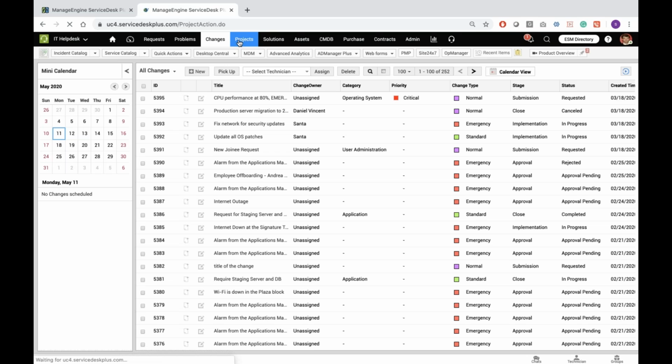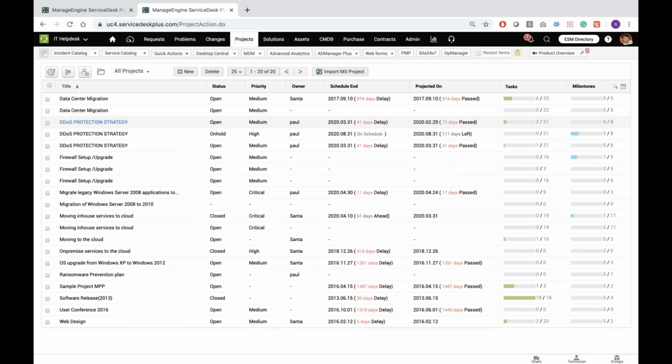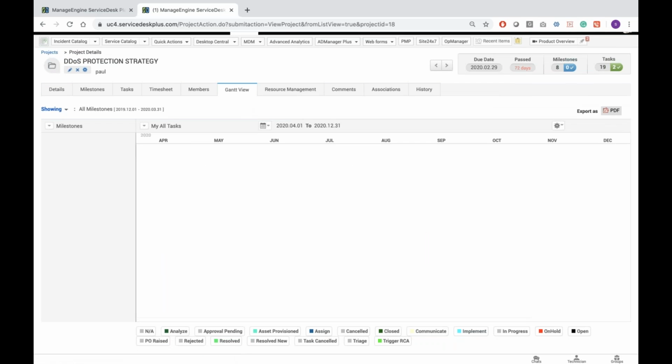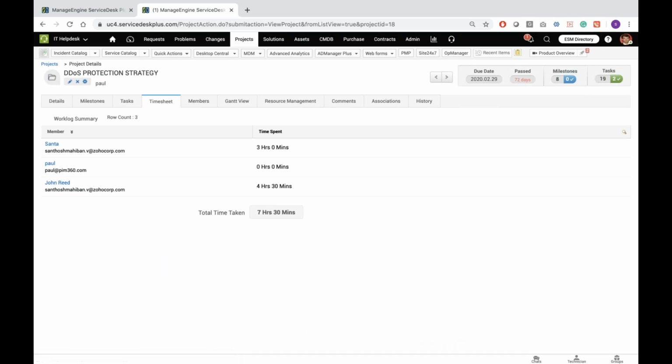So all these are possible using the change and project management tools. And also we have timesheets, a space where you could track everyone's performance or productivity right from within one place. So that's where tools like timesheet help the change management solution and the project management solution to work effectively.